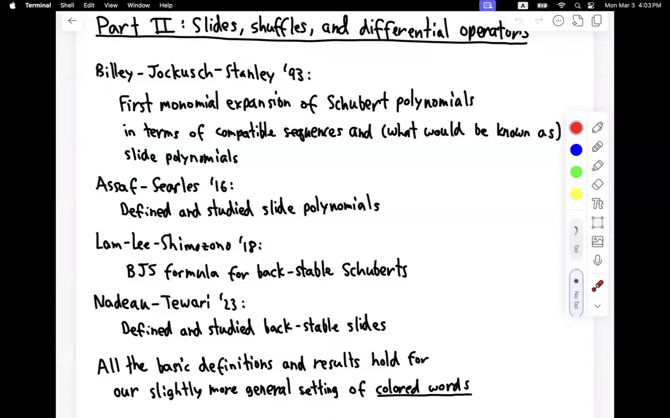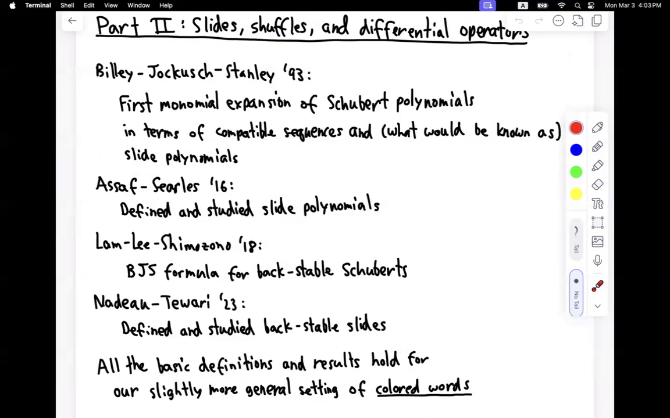Then in 2018, Lam, Lee, and Shimozono introduced the backstable perspective into the literature, and they proved an analog of the Billey-Jockusch-Stanley formula for their backstable Schubert polynomials. Then in 2023, Nadeau and Tewari defined and studied backstable slide polynomials in the context of studying their forest polynomials. I just want to mention that all of the basic definitions and results for compatible sequences and